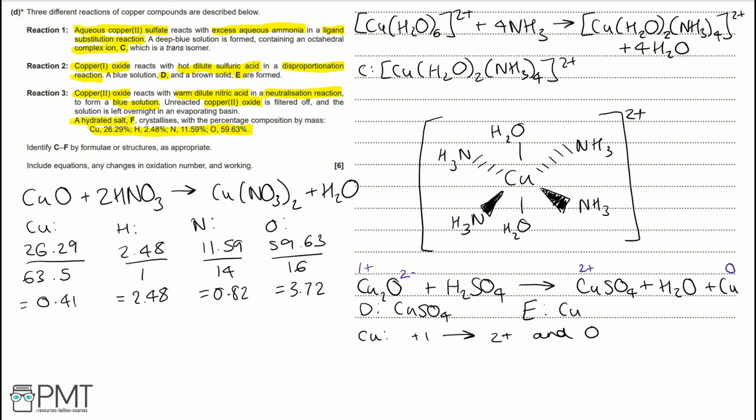So then we divide by the smallest, that would be 0.41, to get our empirical formula, and then we can scale up for our molecular formula. If we're left with a 0.5, for example, we would scale up by multiplying by 2. But if that's not relevant, then that would be our molecular formula we're going to produce. So dividing by 0.41, we get 1, and then we get for hydrogen 6, for nitrogen 2, and oxygen we get 9. So that makes our molecular formula